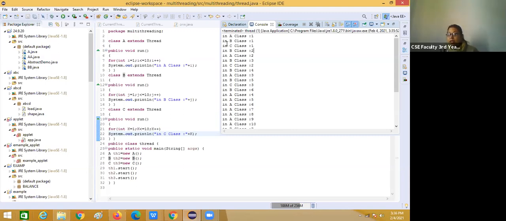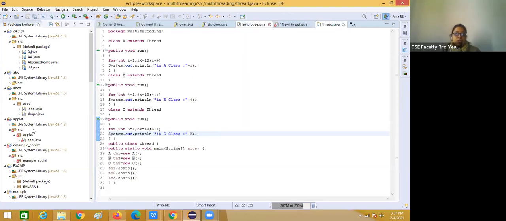Because when A started, after that B shared the same CPU time, then C shared the same CPU time, then B, then A. That means this scheduling is controlled by the priority of the thread. This sequence depends on the priority of the thread. If the priority is higher, it will get more time to utilize the CPU, and if it is lower, it will get less time to utilize the CPU.